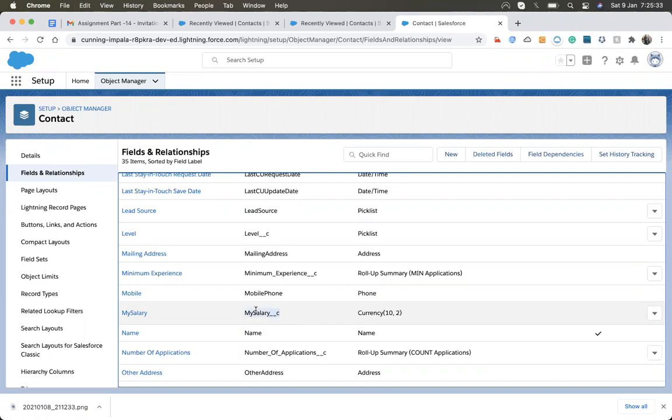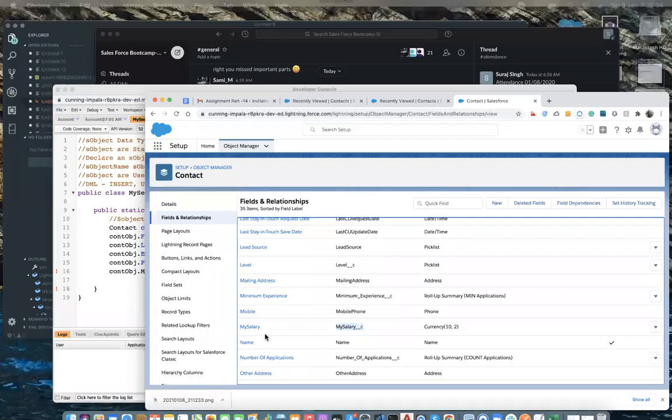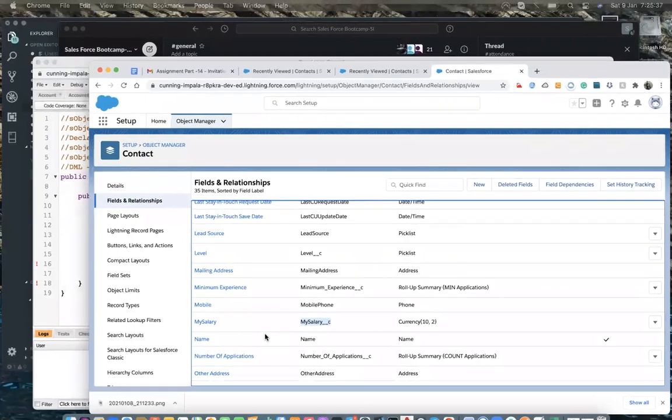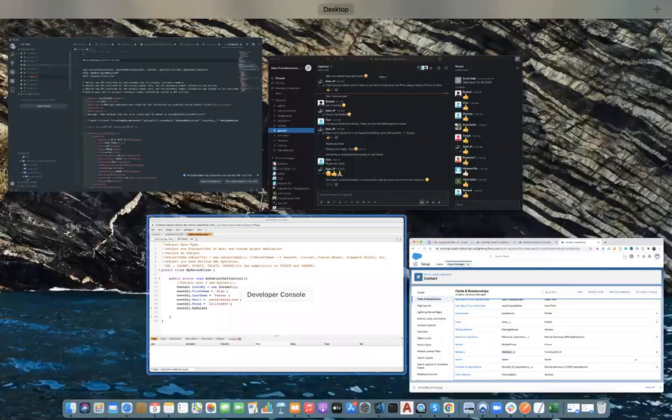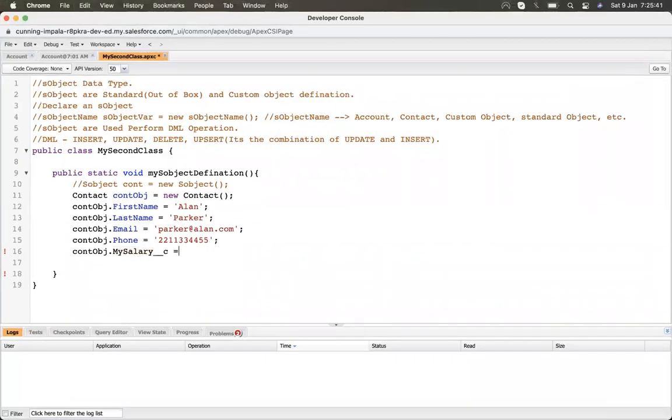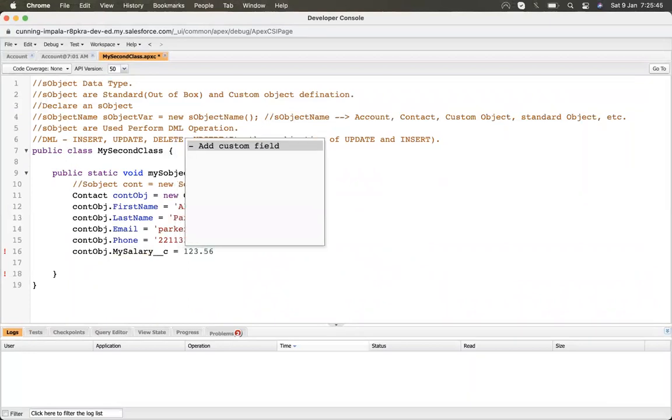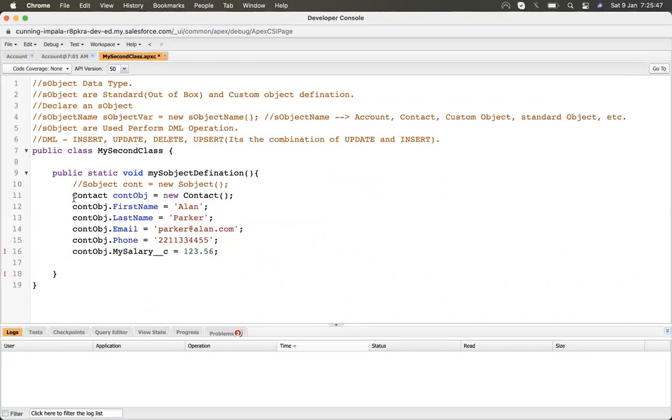So let me copy that and use it here, and then equal to, this way. We come up here.